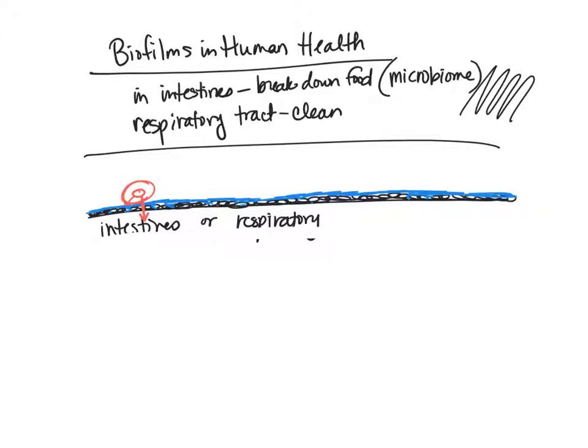And we see the same thing in the respiratory tract. So if we have a whole layer of bacteria in the respiratory tract, if we breathe in this pathogen here, it's going to get stuck here and it's just going to get destroyed because it can't get to the nutrients. It can't get to the water source. It can't move through either and get into the rest of the body because we have this healthy layer of microorganisms, this biofilm. Now, then, of course, we have the opposite, which is what we're often talking about with biofilms,